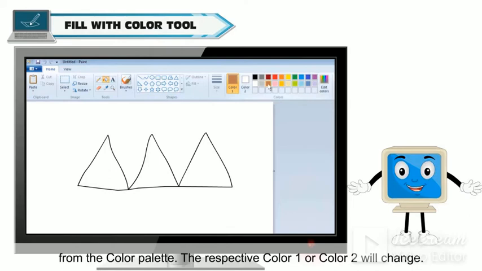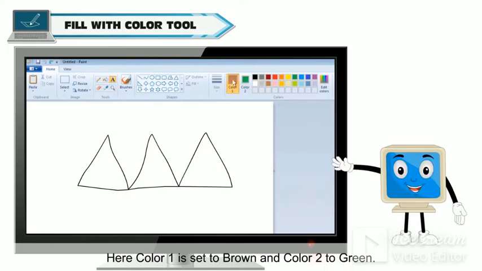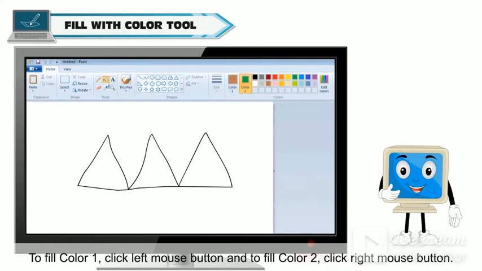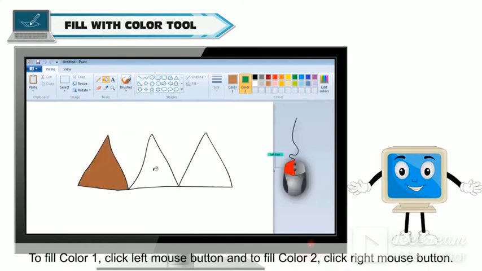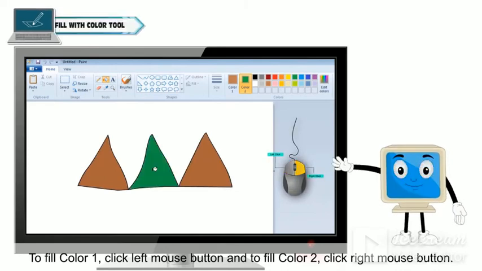The respective color 1 or color 2 will change. Here color 1 is set to brown and color 2 to green. To fill color 1, click left mouse button, and to fill color 2, click right mouse button.